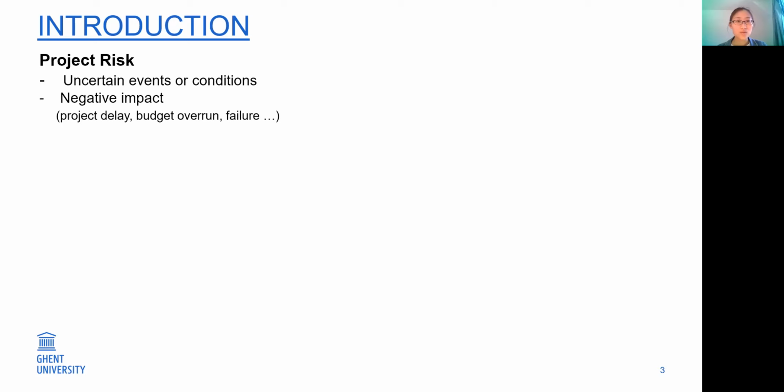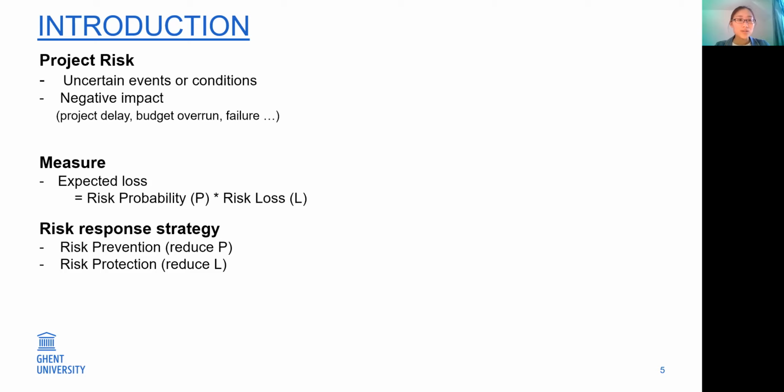Thus, to ensure the completion of the project, the risk response strategies should be taken to cope with these project risks. Generally, the project risk is measured based on its expected loss, which is the product of risk probability and risk loss. Based on these two risk characters, the risk response strategies can be